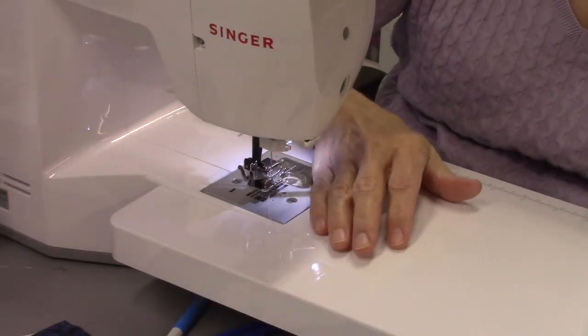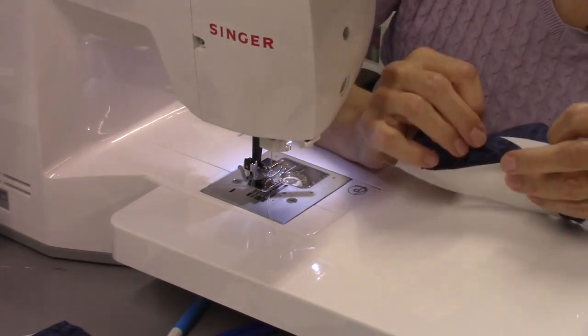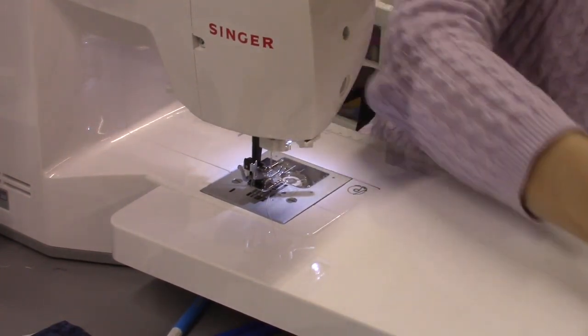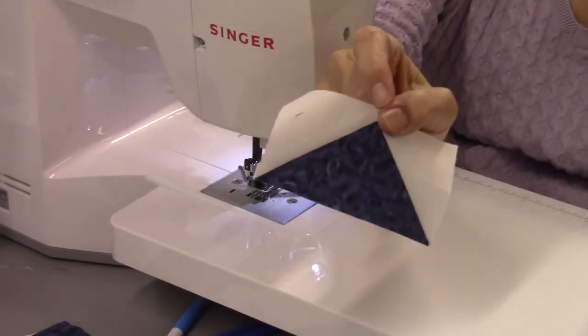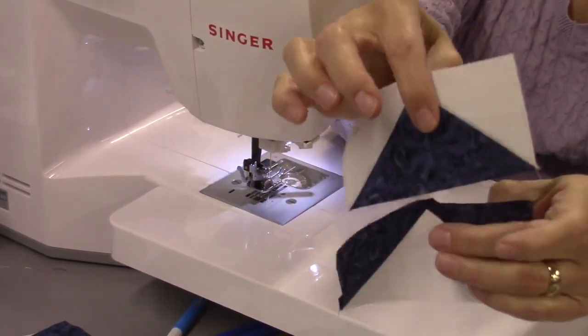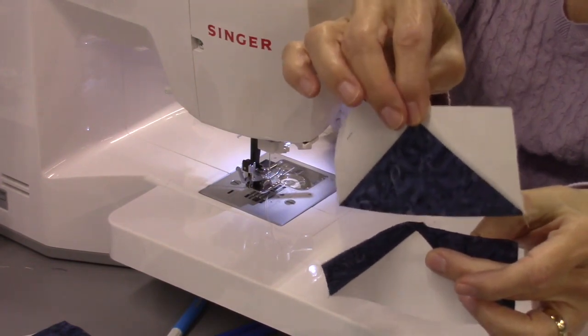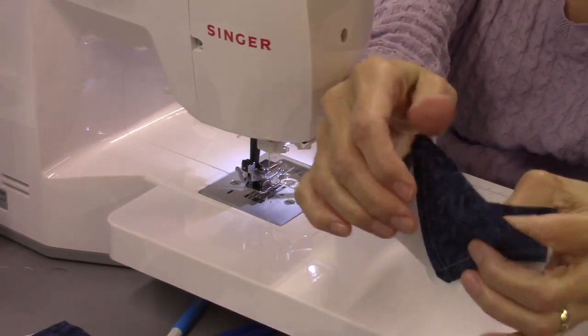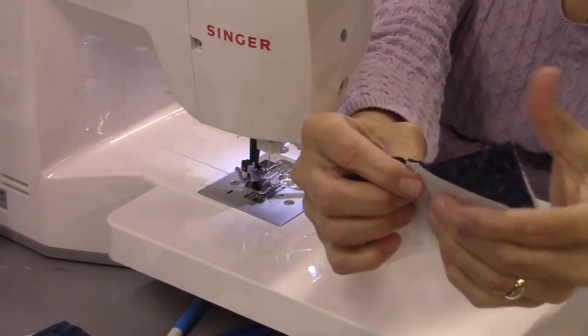Okay, now we need to sew the flying geese units together, and what we want is at the top we want one of the dark ones paired with one of the light ones, and so we want the dark fabrics to go together with the dark flying geese on the top. So we're going to go like this, and I'm going to turn it so that I can see this point